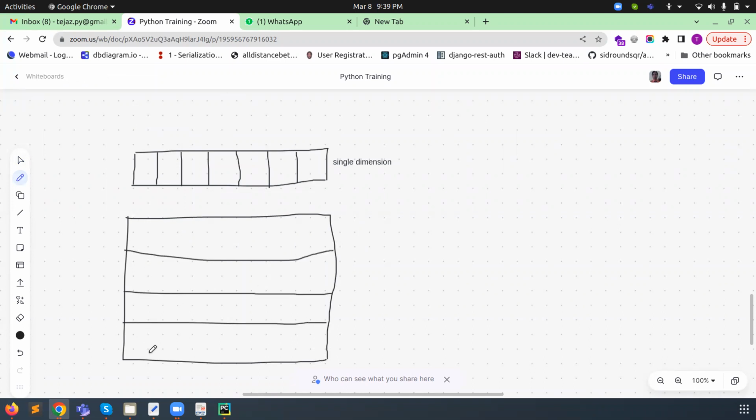Here, 1, 2, 3, 4 rows are available, and any number of columns. Either 1, 2, 3, 4, any column will be available there. But if only one row and one column is available, then we can achieve it using a single loop also. But generally, when we go with rows and columns, these are the rows and these are the columns. So it is called multi-dimensional.